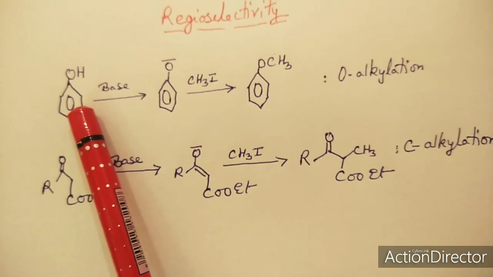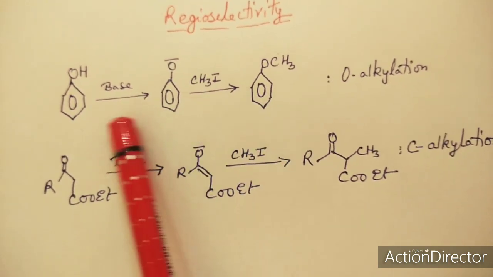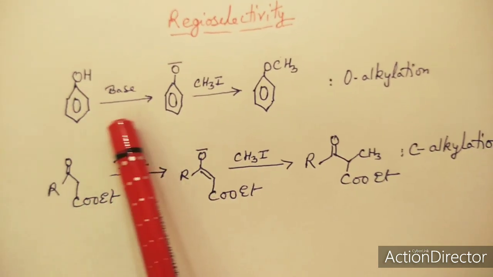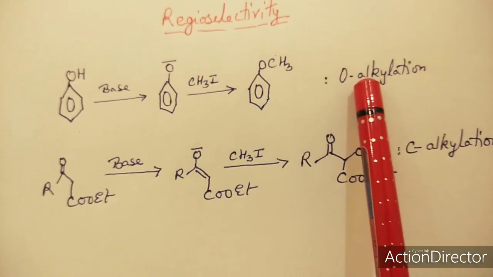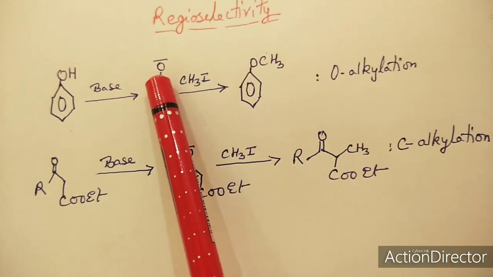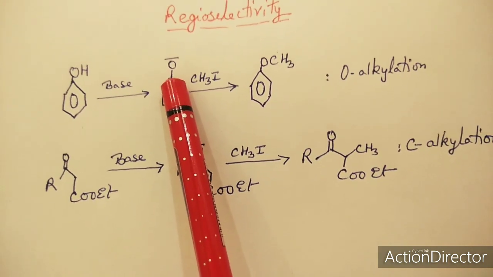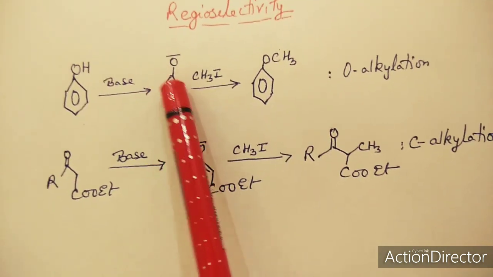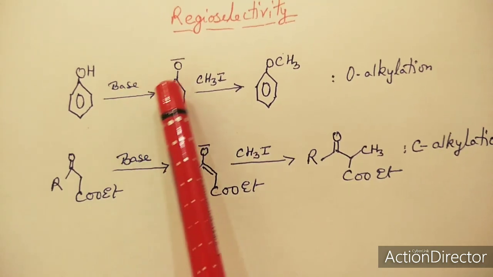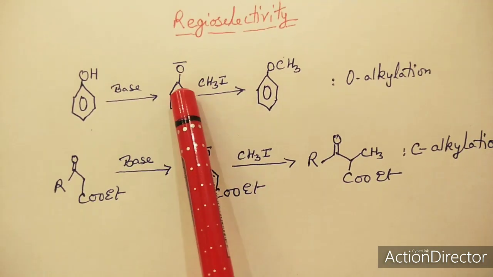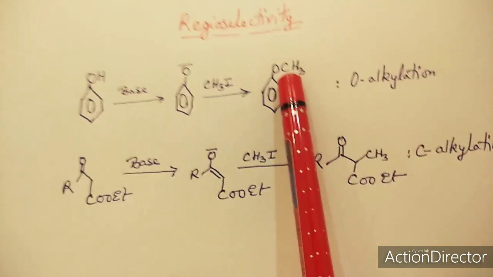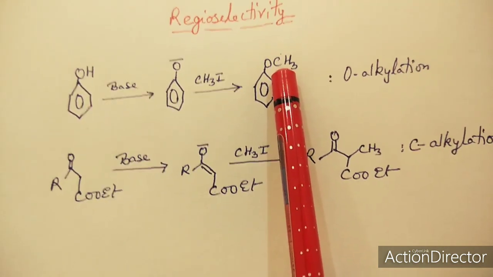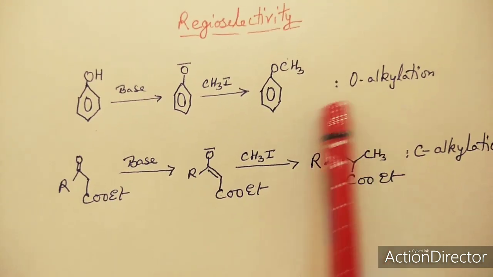In this case, we had studied that where phenol is present in the presence of a base, what will happen? O-alkylation will occur, because obviously O negative, it is in the presence of a base, H positive will leave, phenoxide ion will be formed, and this phenoxide ion on methylation will be easily methylated. So an O-alkyl derivative will be formed.